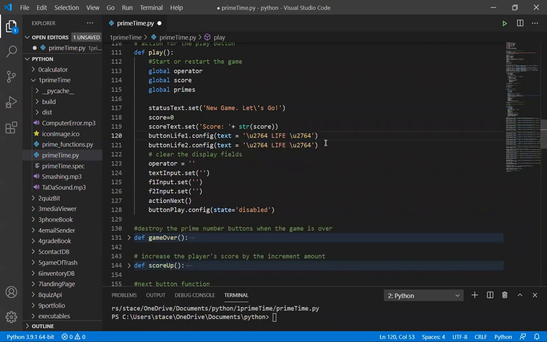So after then we configure the life, then we have this clear the display field. So everything, the operator, we cleared out. We make sure that the text input is set to nothing. The F1 and F2 fields are nothing. And then the action next button is called. The action next is when, we'll see that in a second. And then we'll configure the button,